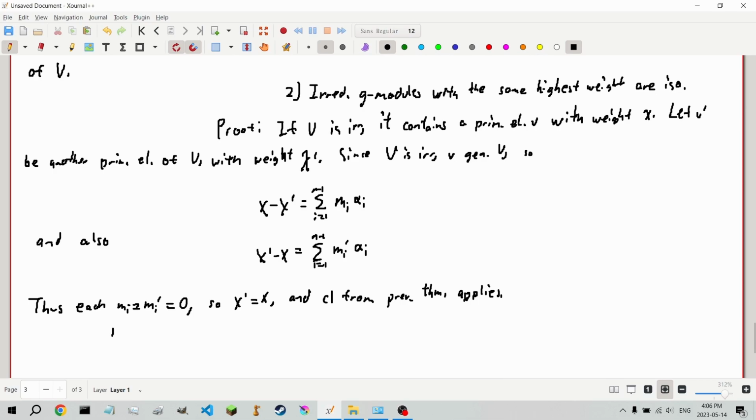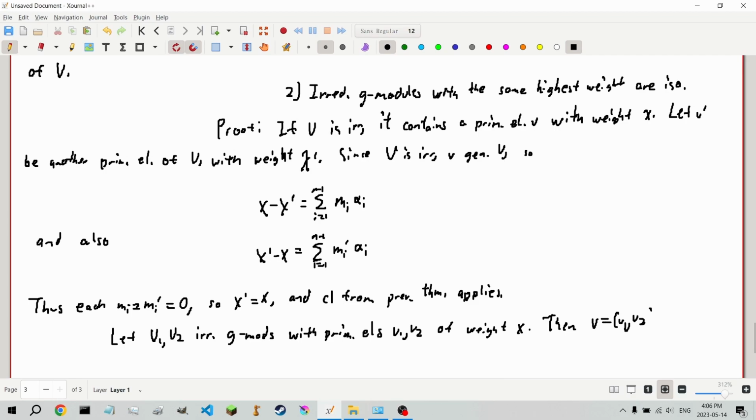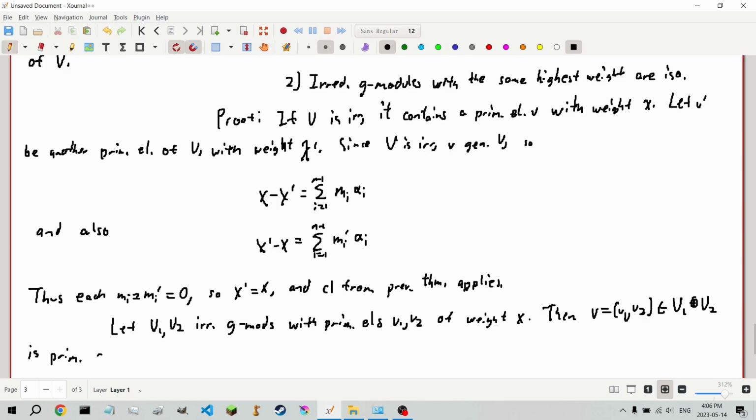Now, let V1 and V2 be irreducible G modules with primitive elements v1 and v2 of weight chi for both. Then v as (v1, v2) inside of V1 plus V2 is primitive of weight chi